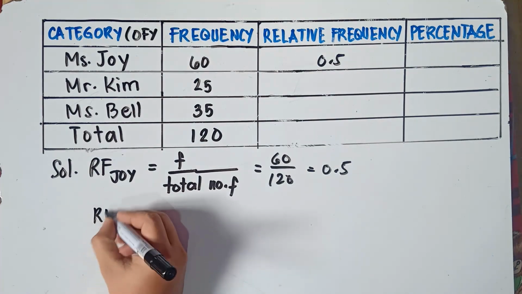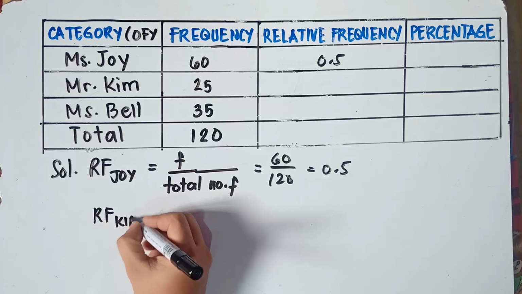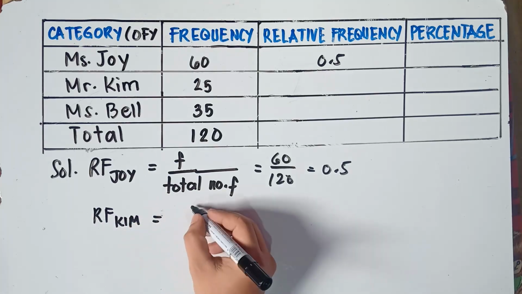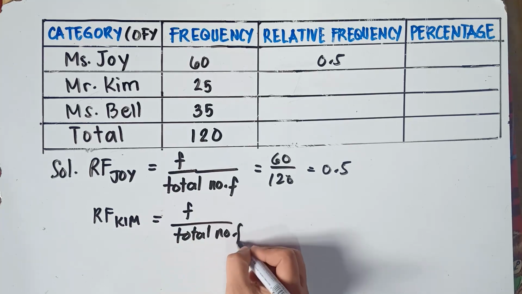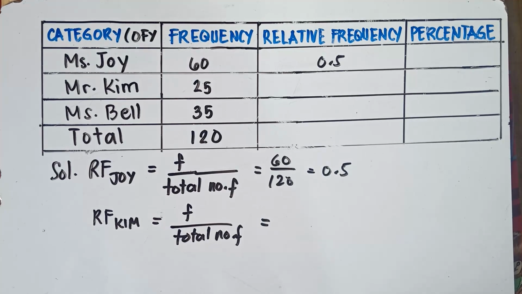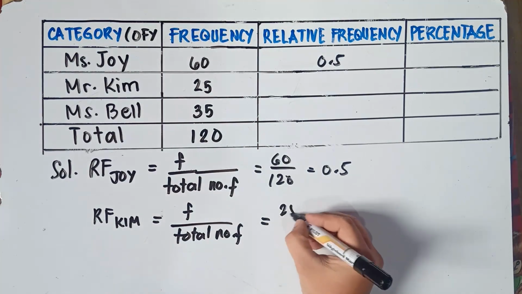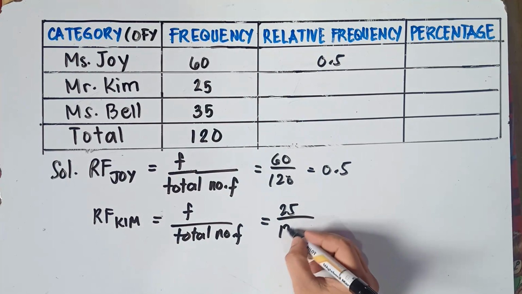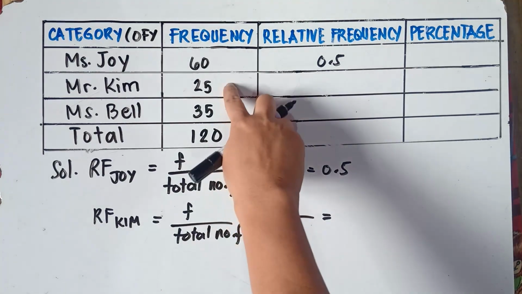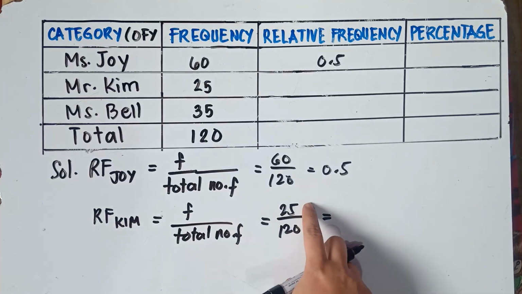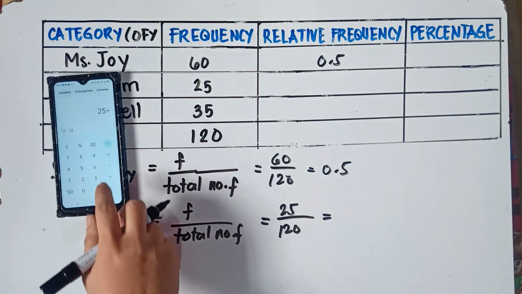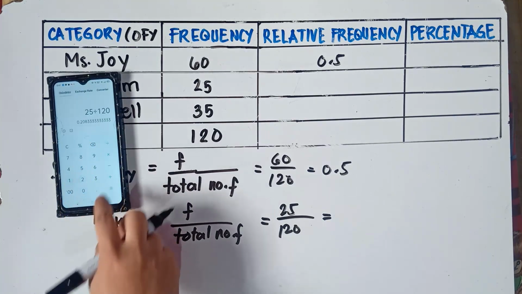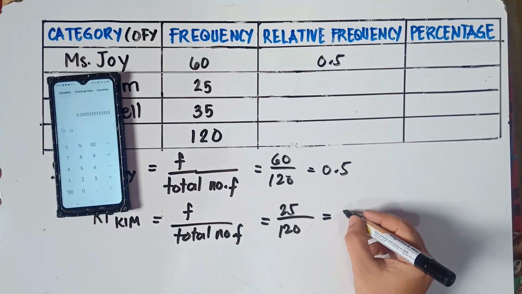Alright, so the relative frequency of Mr. Kim is equal to the frequency divided by the total number of frequency. The frequency of Mr. Kim is 25, divided by 120. So 25 divided by 120. And the answer is